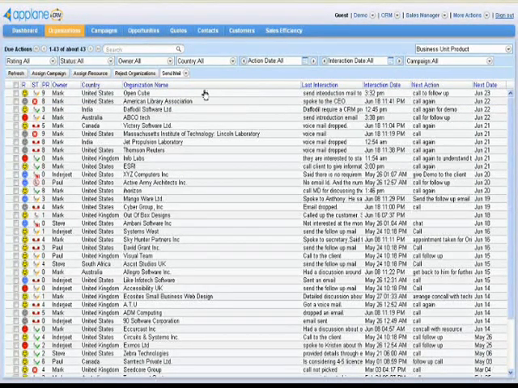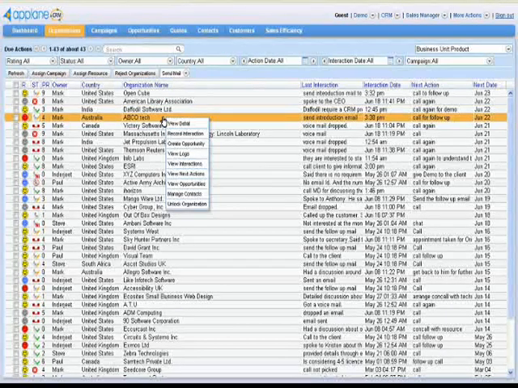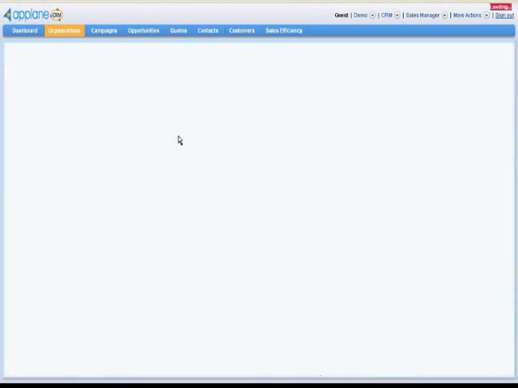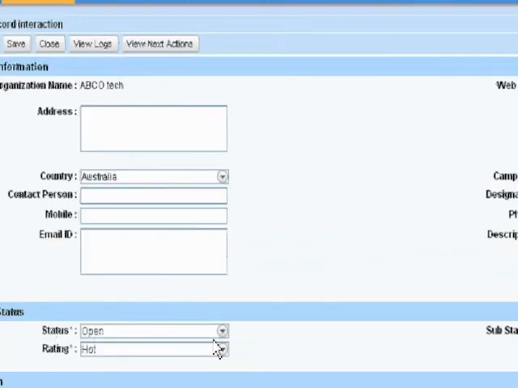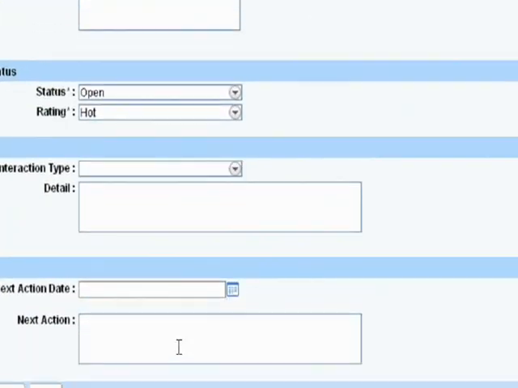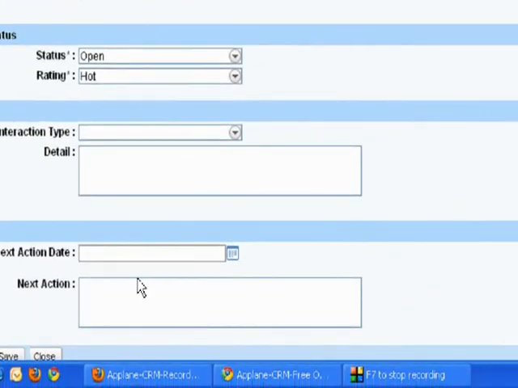On due date, you can follow up on this particular organization. Click on it to go to Record Interaction. Follow a similar pattern for setting up a follow-up date depending upon the interaction you have had.